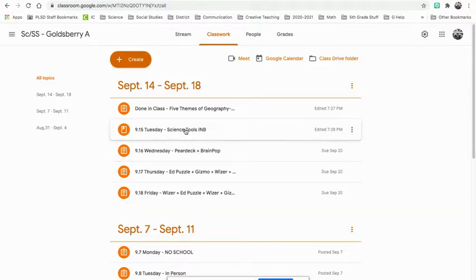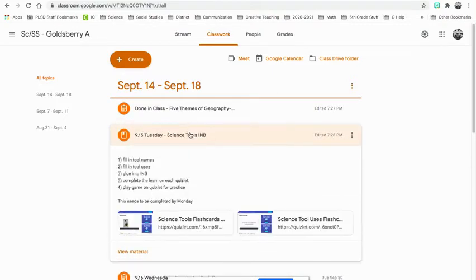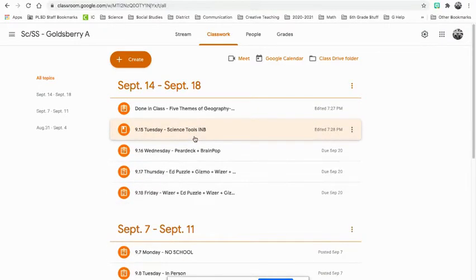Please remember that you do have Tuesday homework. This is your science interactive notebook. You need to use both of these Quizlets to complete your notes. And then you will glue those into your interactive notebook and bring back on Monday. Now, on Wednesday,